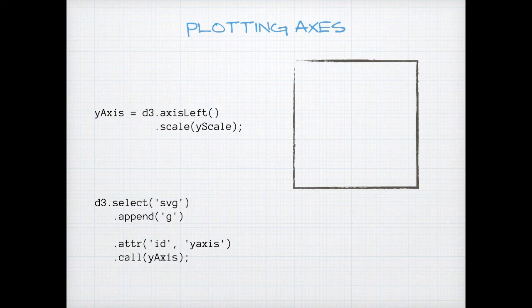I'm going to give it an ID. We could also put some attributes on here too, by the way, of class, and we could do a couple of those. So this is a way not only to find the axis later, but I can hang some CSS stylization attributes here as well. And then finally at the end, I'm going to call the y-axis function, and that's actually going to draw it